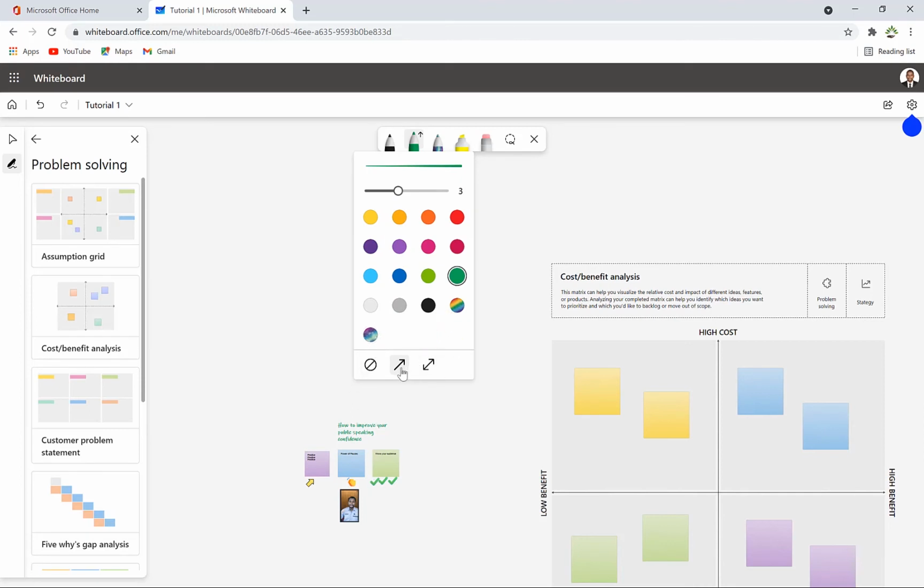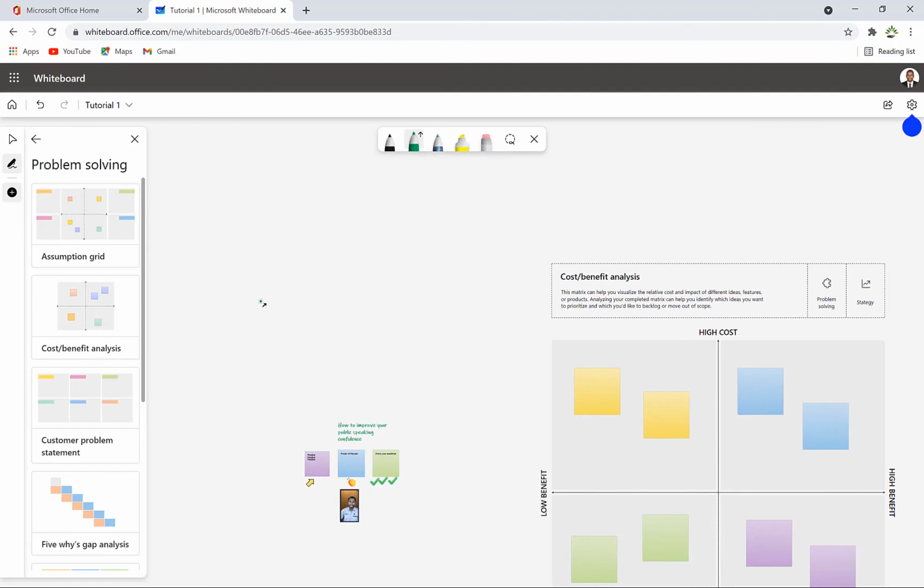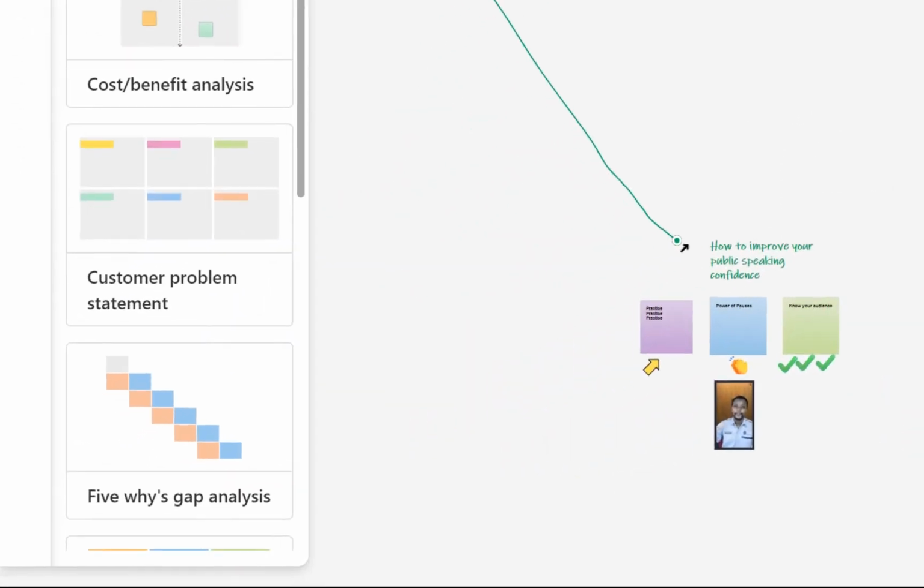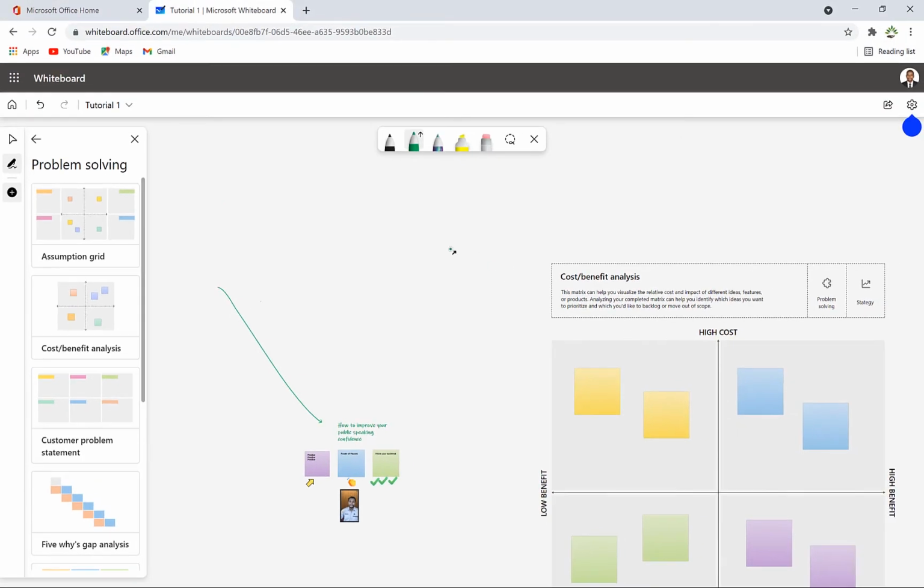Okay, so once you select a color, you can make the end of the line an arrowhead, or this double-sided arrow, or no arrow at all. So the arrowhead is going to be something like this. So assuming you select arrowhead and you draw something, it's going to be like this. Okay, so you can see the arrowhead at the end. It's going to be something like this, and you can see the arrowhead, and you can write easily to demonstrate